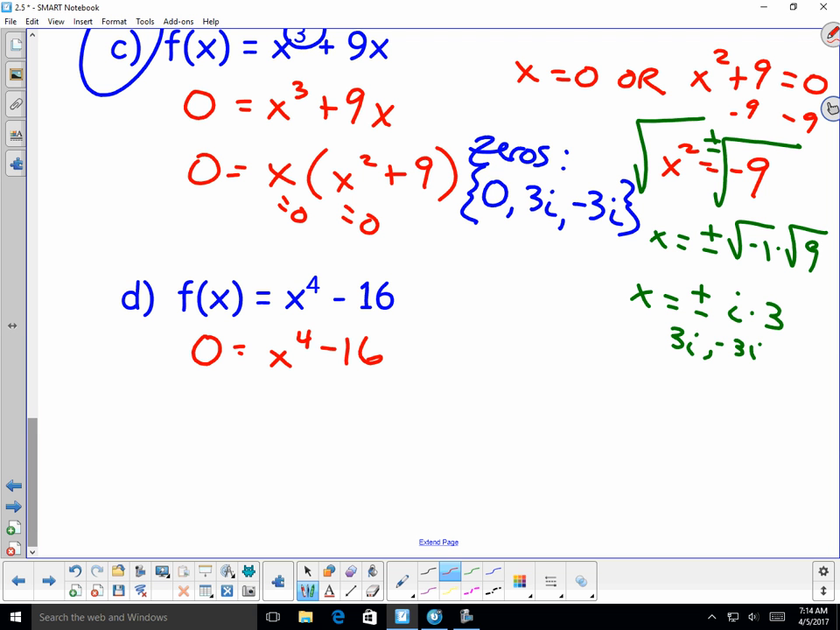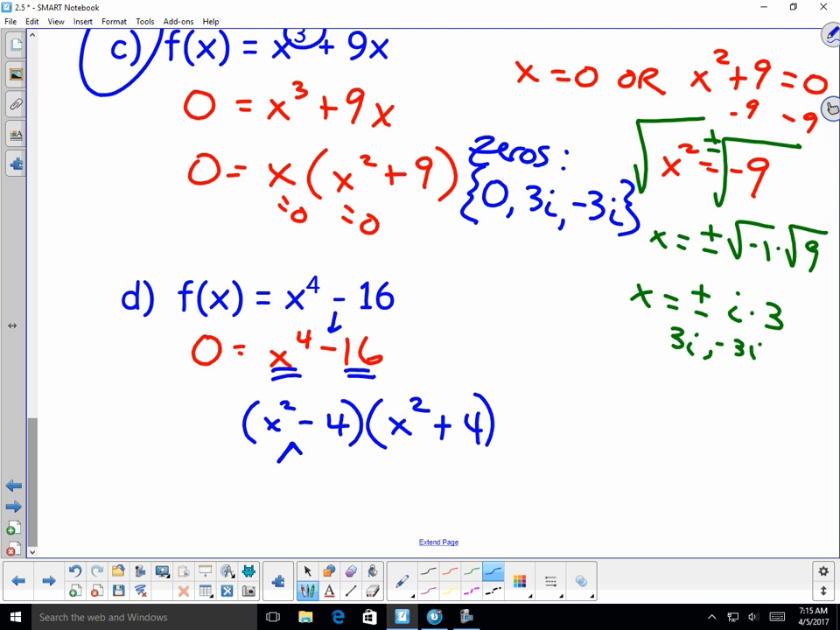And in this case, I would not just add 16 and take the fourth root, because then you're only going to probably get maybe 2 zeros instead of all 4 that we need to find. Instead, maybe we could factor this. I see that this is a perfect square, this is a perfect square, and there is subtraction in between. So I could factor it into x squared minus 4 times x squared plus 4, right? And so if I do that,